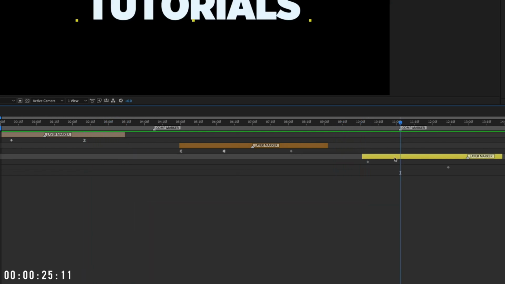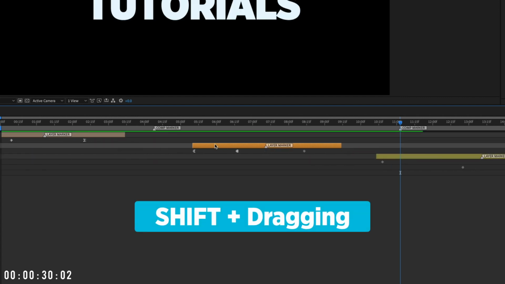And it's not just your playhead that can snap. As I drag layers around, notice how they move freely. But when I hold down Shift while dragging, they snap to any element they pass, including in and out points,